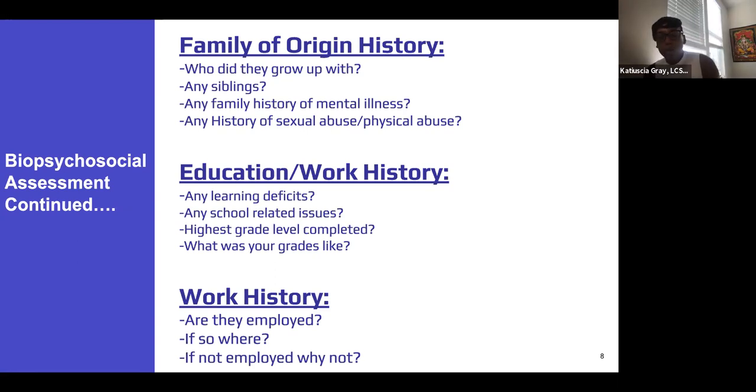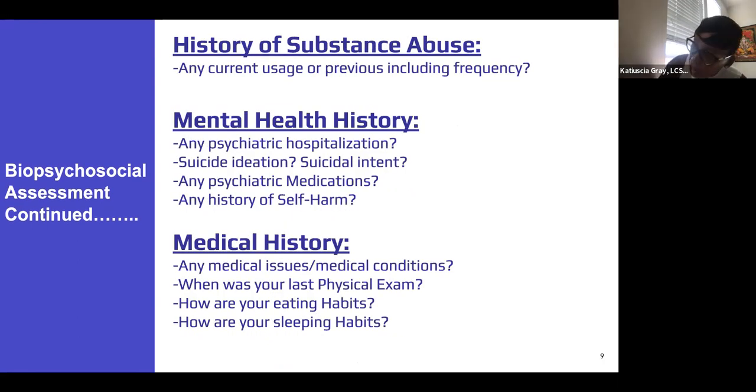Is your mom supporting you? Is your dad supporting you? Is your spouse supporting you? Who is actually supporting you? And if no one is supporting you, that's a big red flag. Okay, so what do you do for income? Where are you sleeping? Where do you reside? All important questions. Okay.